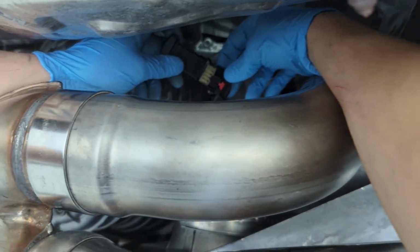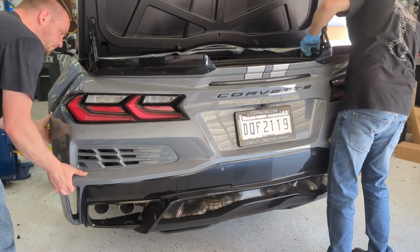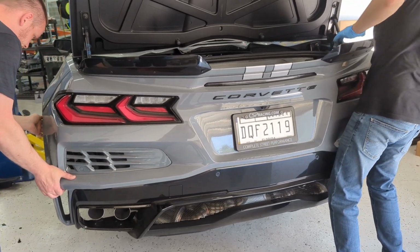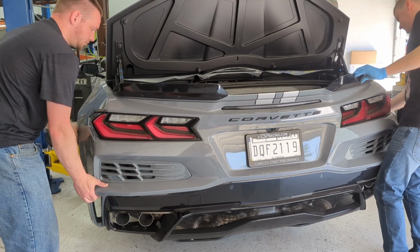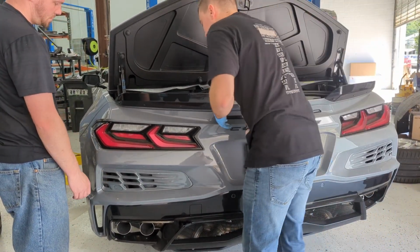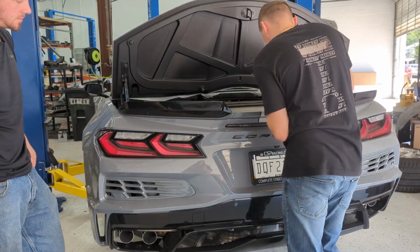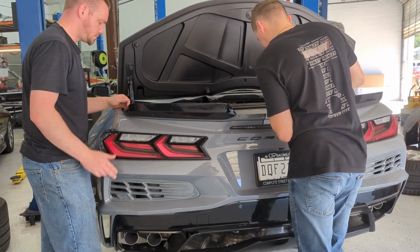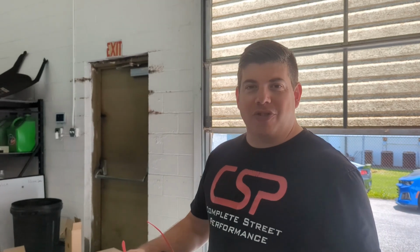You got to kind of reach in there. Honestly, this is probably best installed ahead of time. So now we put the bumper on and kind of align the rest of it to make sure that the tips are going to...